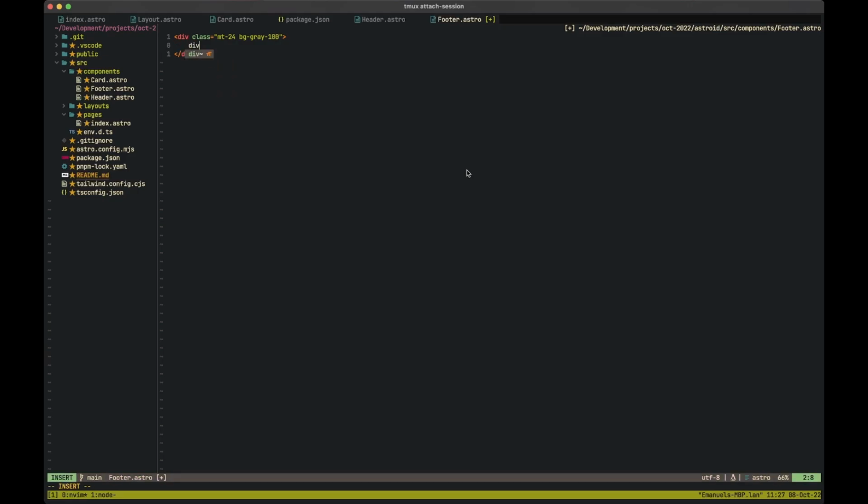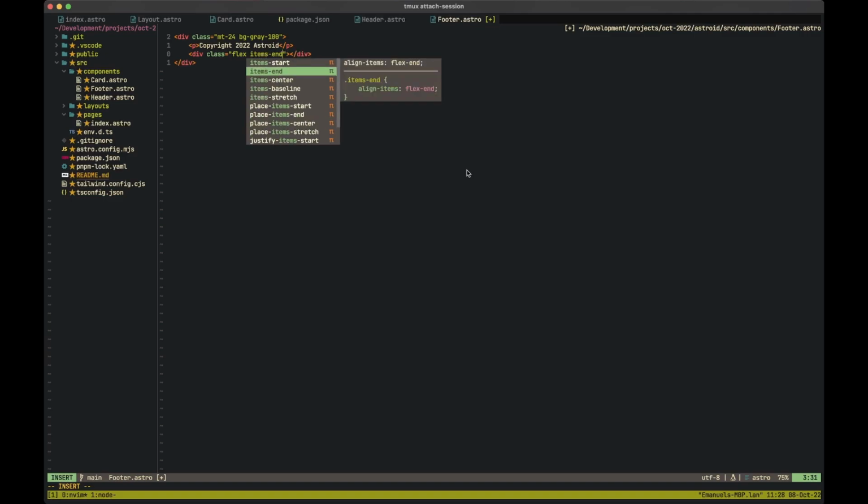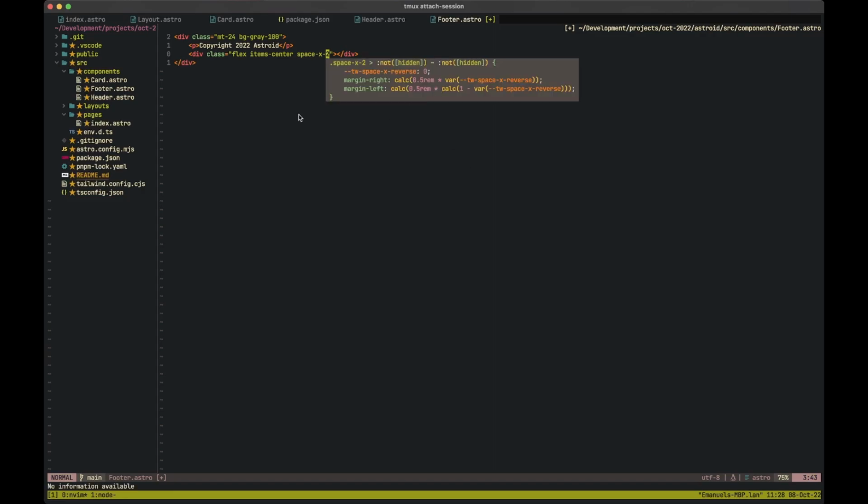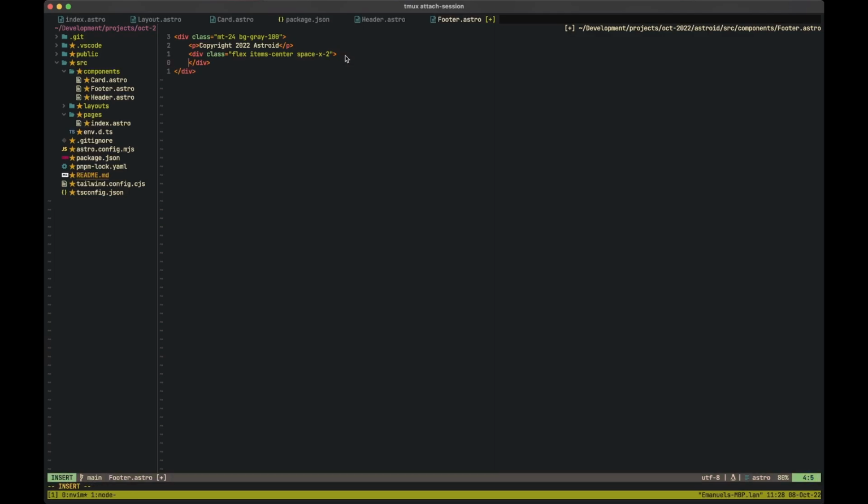And then let's add in here, first of all, a p tag that says copyright 2022 asteroid. And then in here, we actually want to have a flexed div with all of the items centered, and then a space between them of, let's say, 16, I think, no, this is actually 8 pixels between each one of them. And then in here, we simply want to add, let's say, privacy policy, and these pages we're